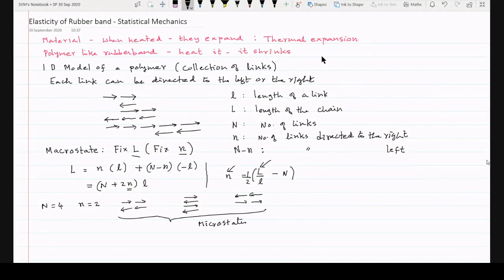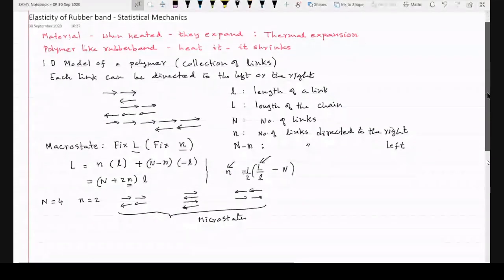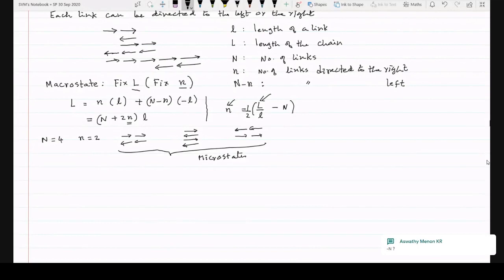So our aim is to find out how many micro states are there for a given macro state. That is once again very simple. Like in the case of spin half systems, which also have 2 possibilities, either up or down, here also there are 2 possibilities, either right or left. So we can ask a question. So for a fixed value of,